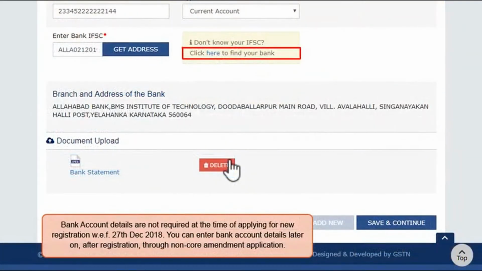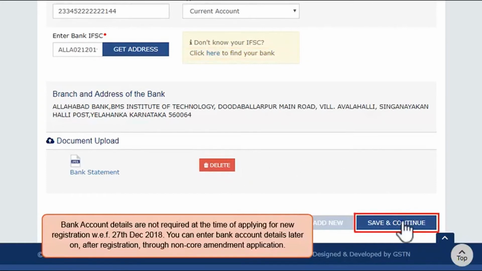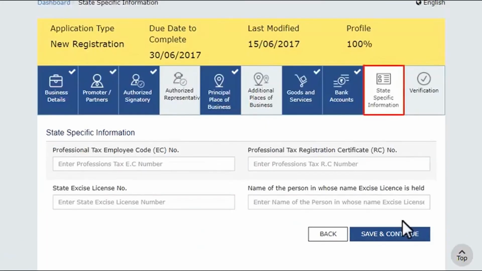You may add more than one account also if you want. Link to find the IFSC code of the bank. In the next section, you may provide any state-specific information if desired.